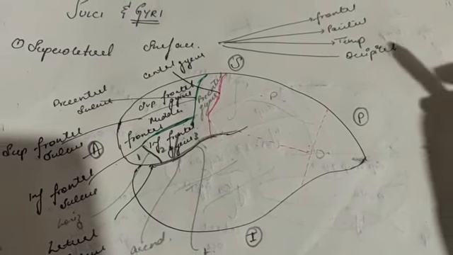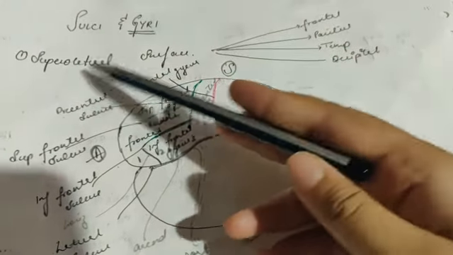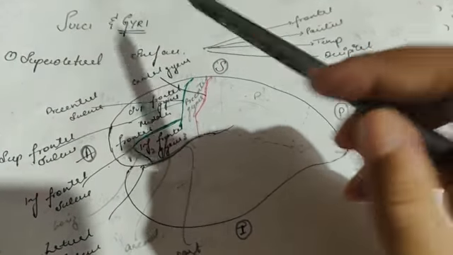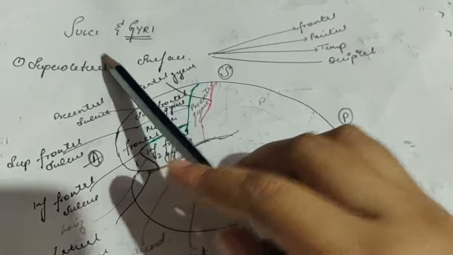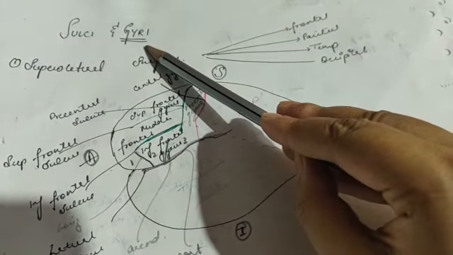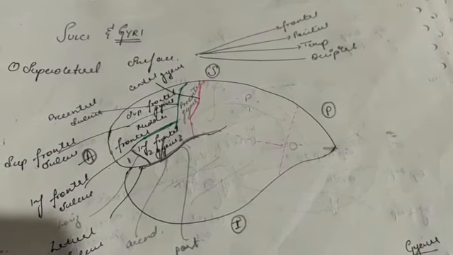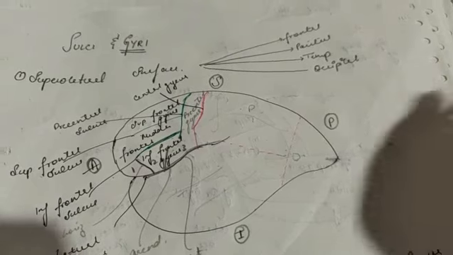So some of the stuff that I forgot to tell in the previous video: some of you might be wondering what a sulcus and a gyrus actually are. A sulcus is nothing but a groove in the cerebral hemisphere, and gyri are clefts or folds in the cerebral hemisphere. Then in the external features I also forgot to tell about something.